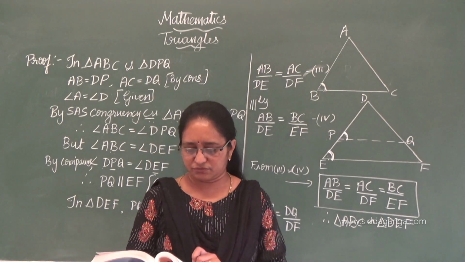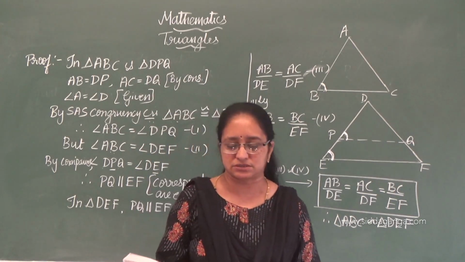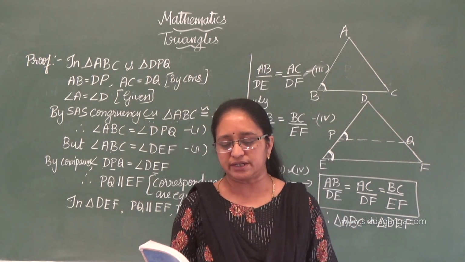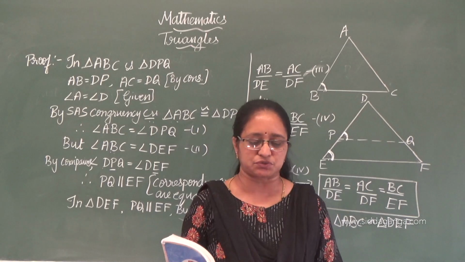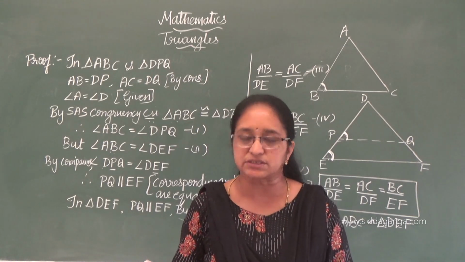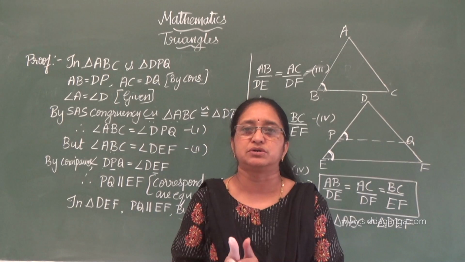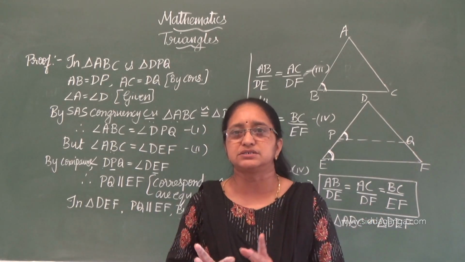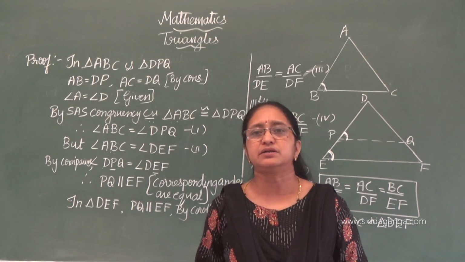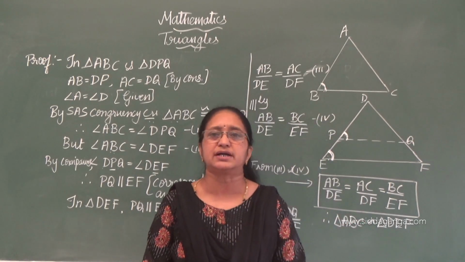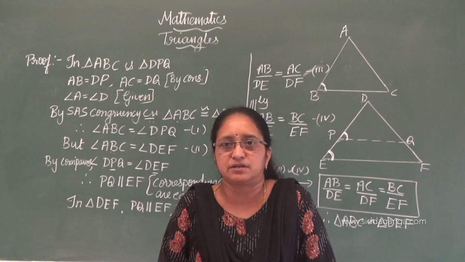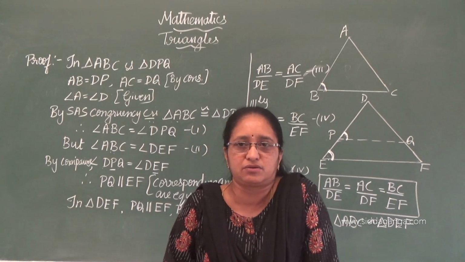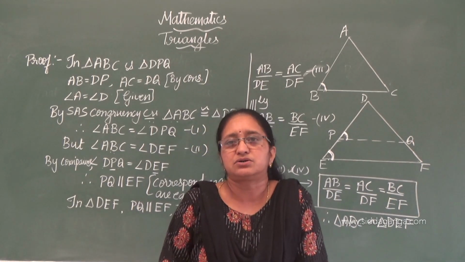And AA criteria, please refer to the AA criteria. I am going to read the statement. If two angles of one triangle are respectively equal to the two angles of another triangle, then the two triangles are similar. Just now what I told, I also told in the activity. Two triangles are said to be similar if only the corresponding two angles are equal, that is AA criteria. By AA criteria you can use. It need not be AAA criteria only, you can use AA criteria also.